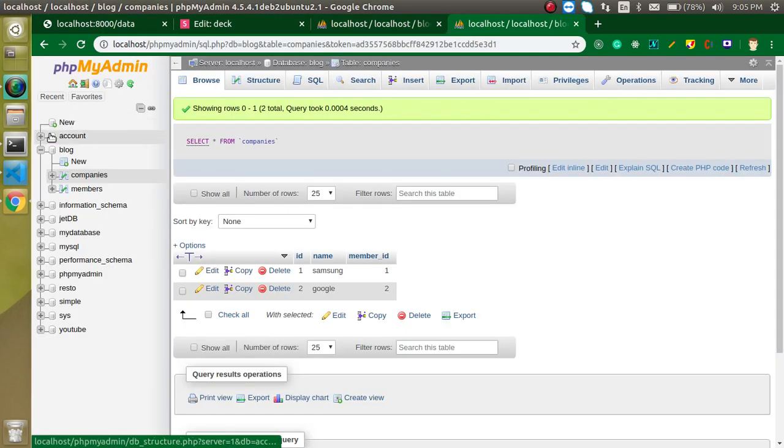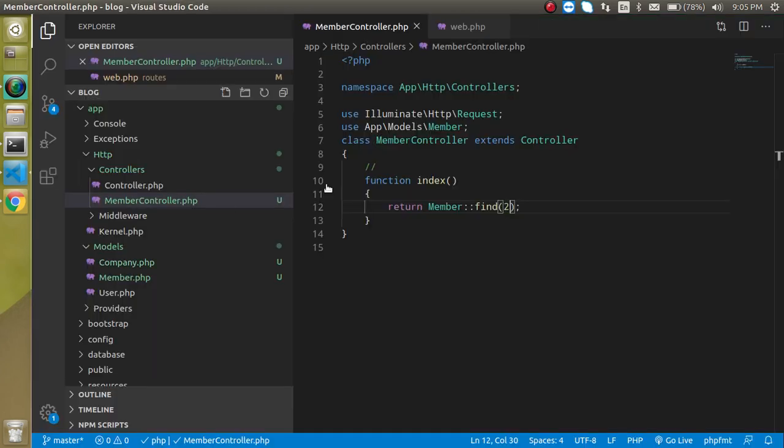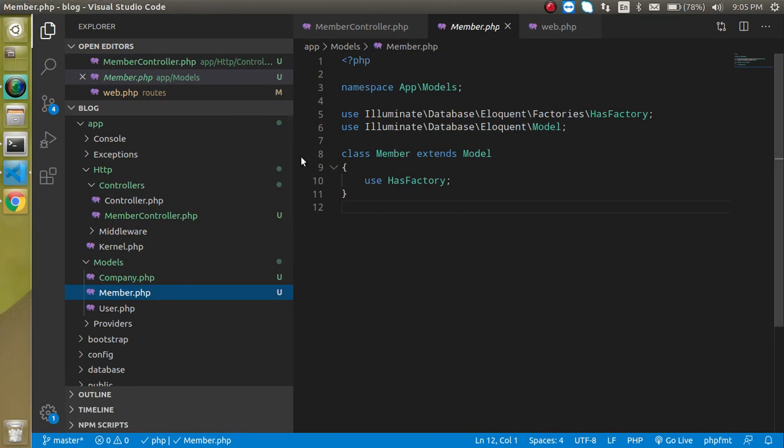Now I want to get the data from the companies table, so let's make a model for it. Just write here php artisan make:model Company. Company will be like this, right? Hit enter. This is also created. Now here you can see that this is Member. We don't need to write anything inside the Company model, so just go to the Member model and